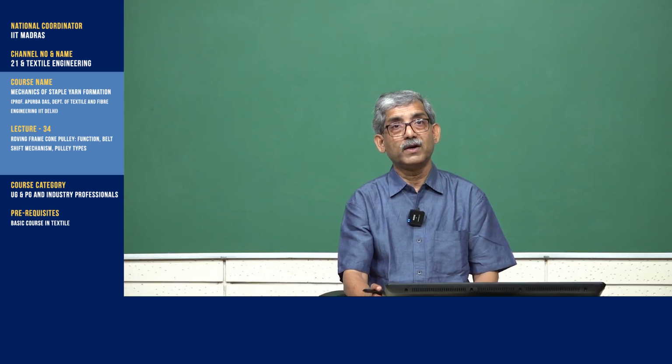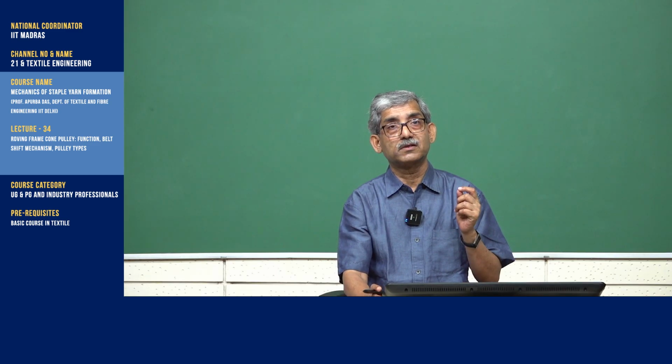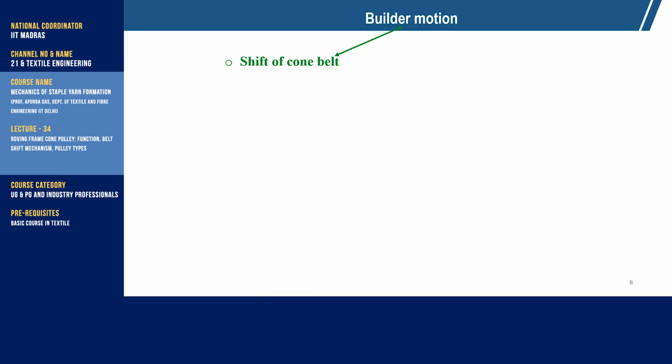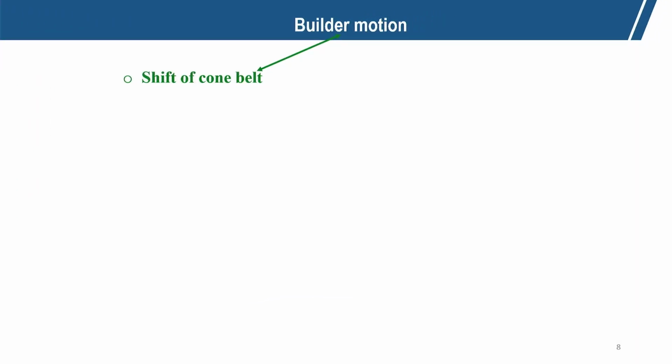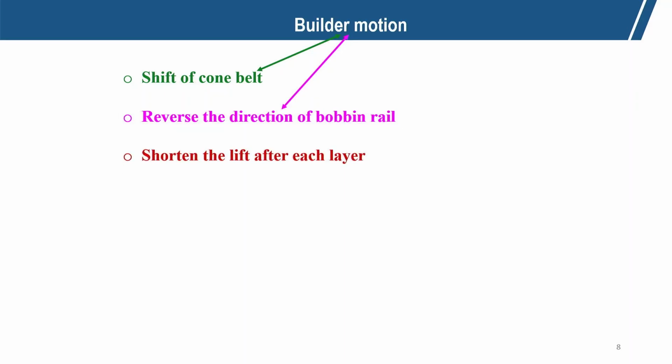The building motion's first function is to shift the cone belt, second is reversing the direction of the bobbin, and third is shortening the lift after every layer. After every layer the shortening of the lift should be there so that we can have a tapered end. To form a tapered end on the bobbin,